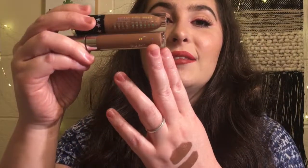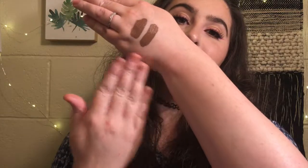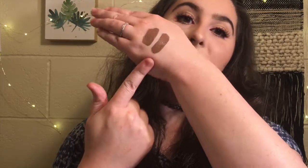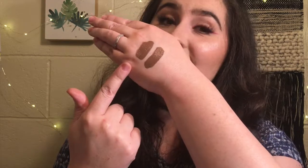Only difference, and I will tell you there is a slight one, when it dries down, Daddy is a little warmer, so I do prefer Daddy on myself. I'm going to hold them up in the tube too so you guys can see. Daddy, Point Zero. Daddy, Point Zero. Okay, guys, this is the same color, and I'm not throwing shade at Manny,